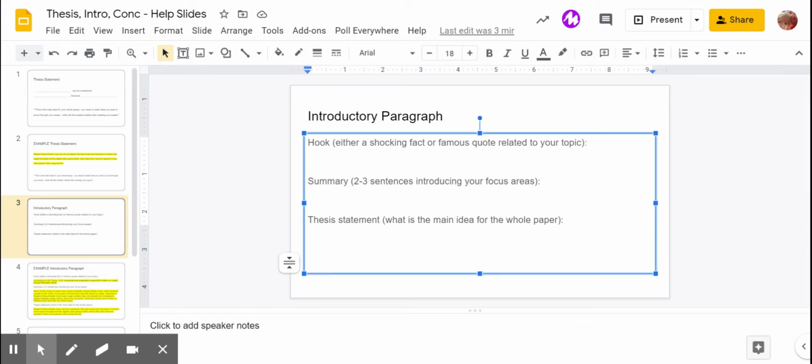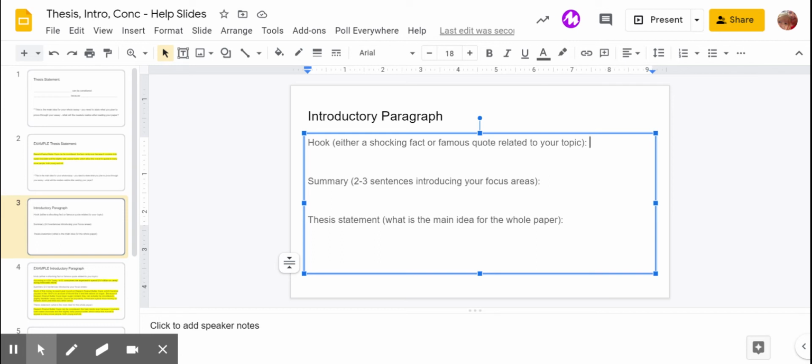So, like if you are doing Heinrich Himmler, for example, maybe you would start with a quote by him that really introduces him as the type of person you want everybody to see him as. So you maybe say Heinrich Himmler once said, or if you're doing Hitler, you could say Adolf Hitler once said. And it doesn't have to be a quote by that person. It could even be a quote by somebody else about your person. Okay. Or it could even just be a fact like,